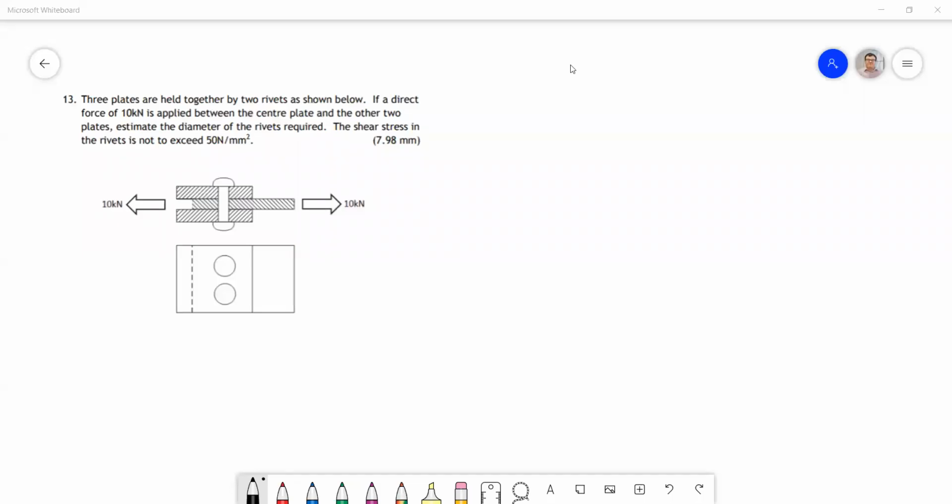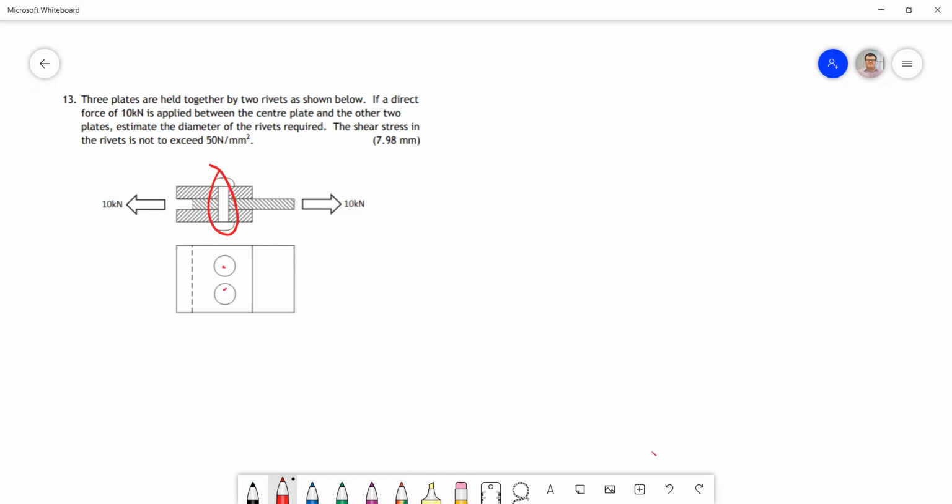This question is from the LO4 course notes for statics. The tutorial at the end is question 13. We're given a scenario where three plates are held together by two rivets. What we're seeing in the diagram is a side-on view, where we can only see one of the rivets, and a top-down view where we can see both rivets, 1